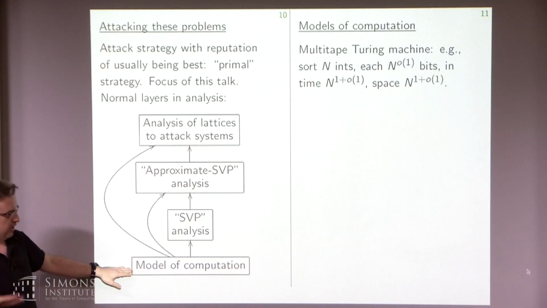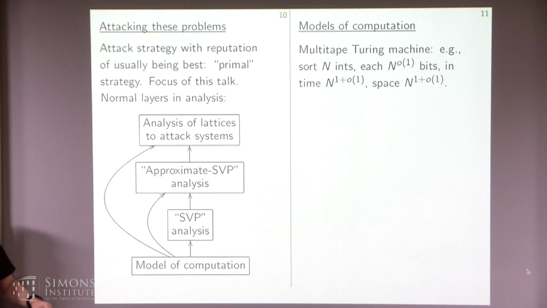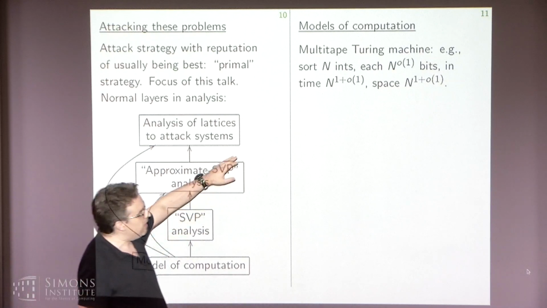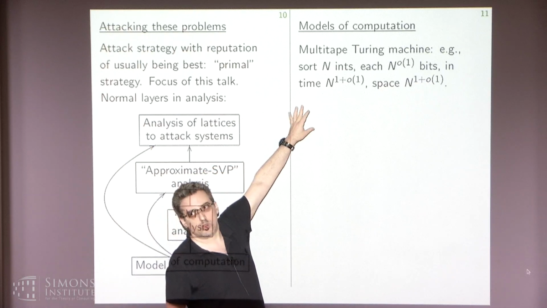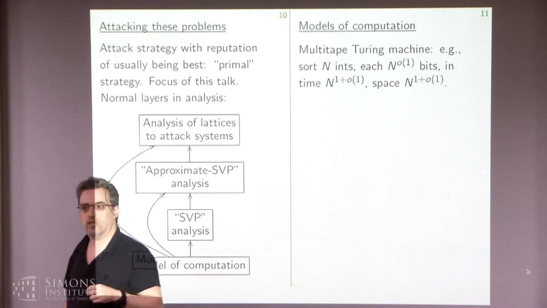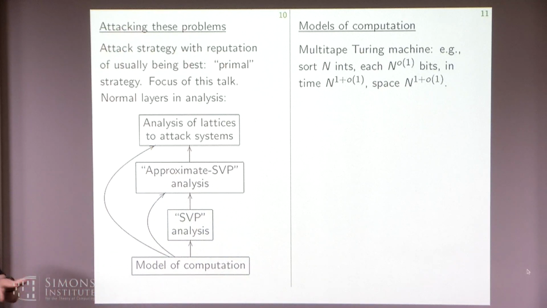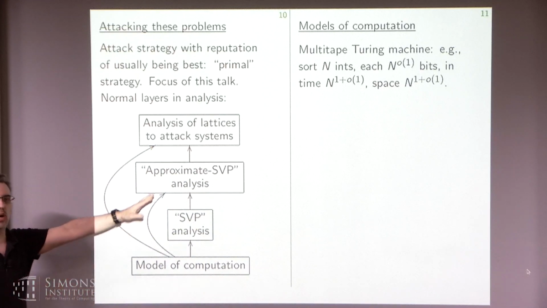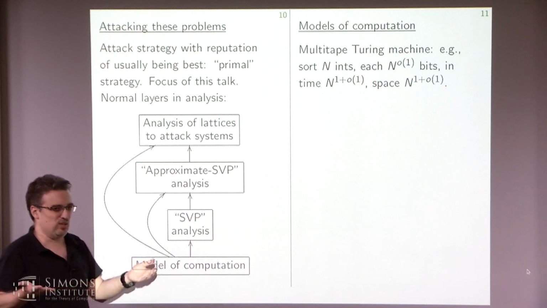And also, when you're talking to users who are worried about attackers who have some real model, you have to worry whether your model is actually describing what the attacker can do. Typically, for theoretical computer science, we'll start with, say, a multi-tape Turing machine as a model of computation. Or maybe a single tape, but single tape is too wimpy, it's too slow. It takes n squared time for lots of things where you feel like, wait, I can do that in linear